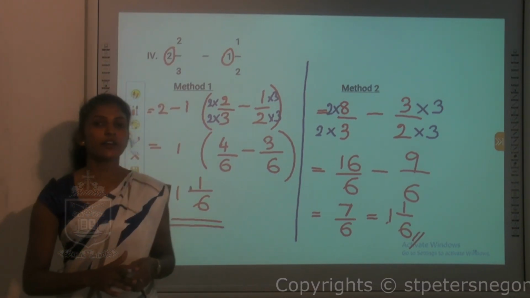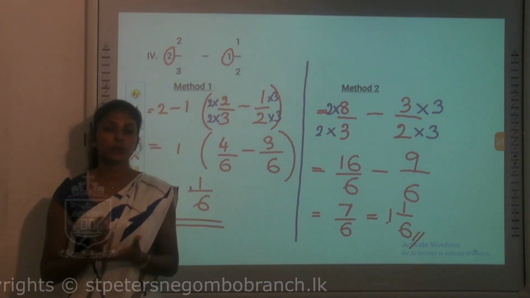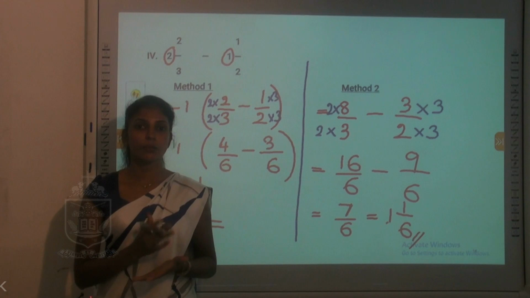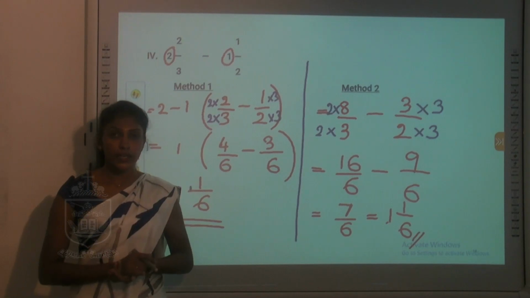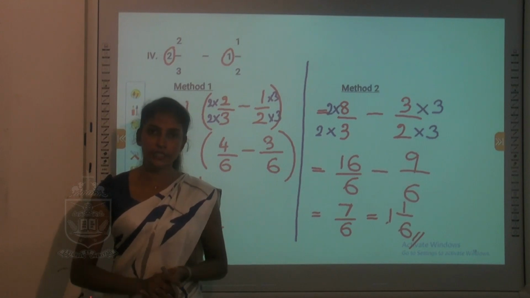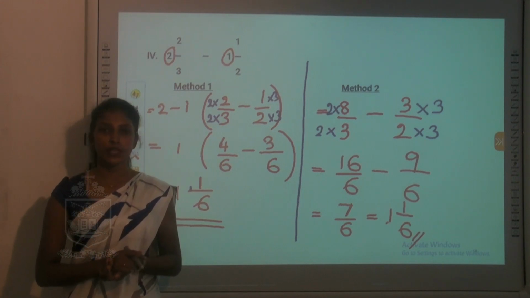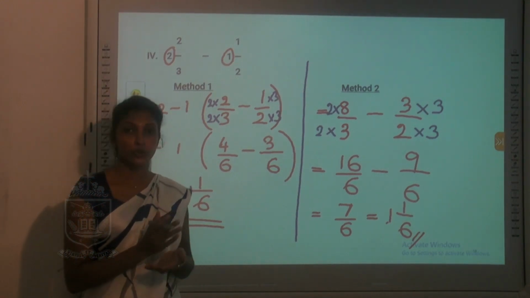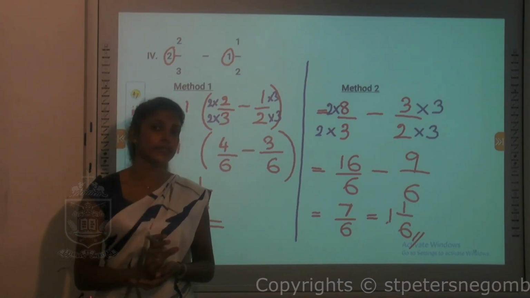So actually that's the end of our lesson, fractions. So in here we learned a lot. That is, from the beginning we learned what a fraction is and what the types of fractions are, and then we compared fractions, comparison of fractions under different topics. So then we added and subtracted fractions. We had fractions having the same denominator. If it is a different denominator, we have to make them equivalent, and then finally we did addition and subtraction of mixed numbers also. So if you have mixed numbers, I did it in 2 different ways. So you all have to go through both methods and understand the easiest method for you.